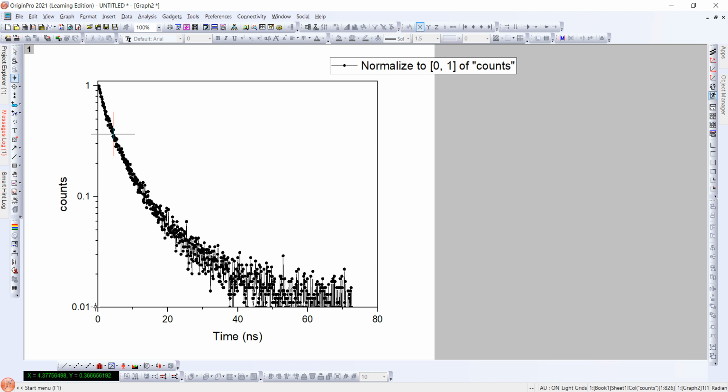So 4.37 is average lifetime of the sample. So on right click, add a text, 4.37 nanosecond.